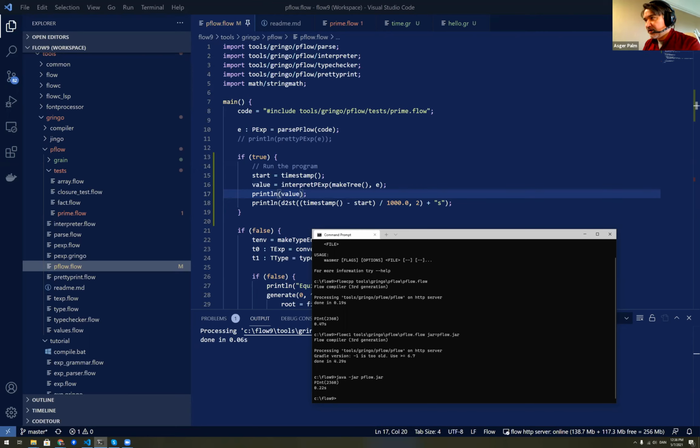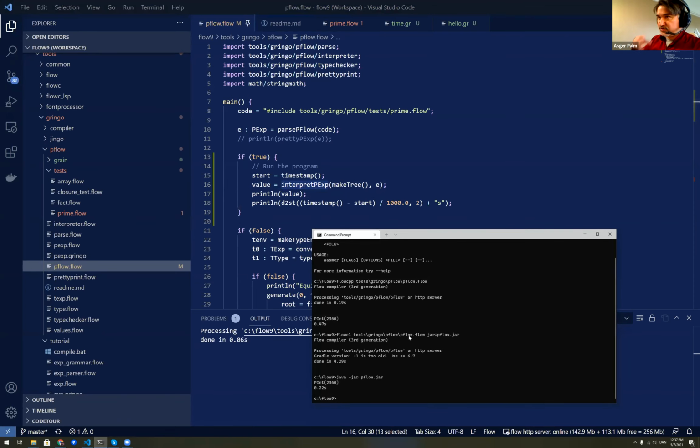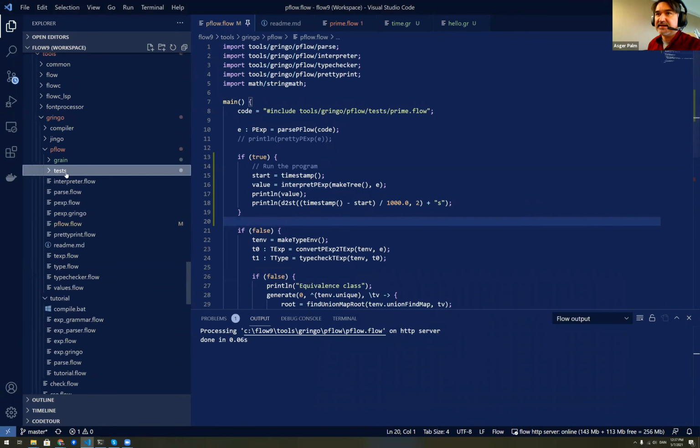Now, what I want to try to do is, this is the interpreter we wrote a couple of streams ago that ran there. So this is an interpreted evaluation of that program. And then we took the interpreter and compiled it to Java and ran it there, and that's how fast it is. All right, so what we want to try is, what if we compile the program instead of interpreting it? Can we get a speed up? Can we get it to run faster? So the way I want to do that is to implement